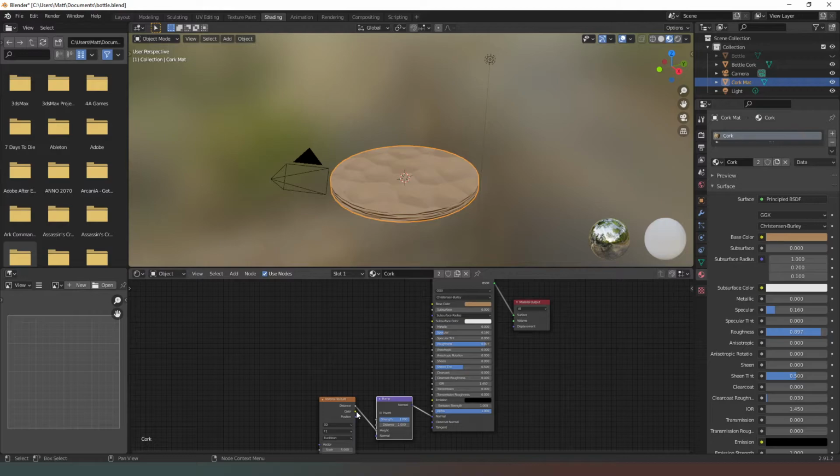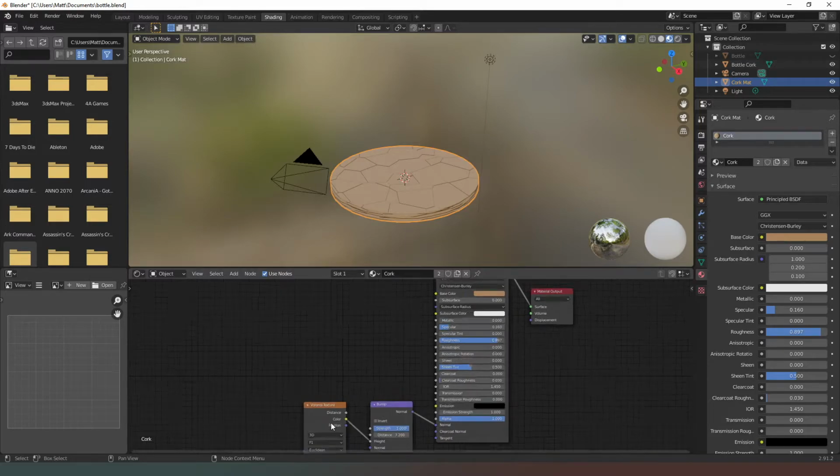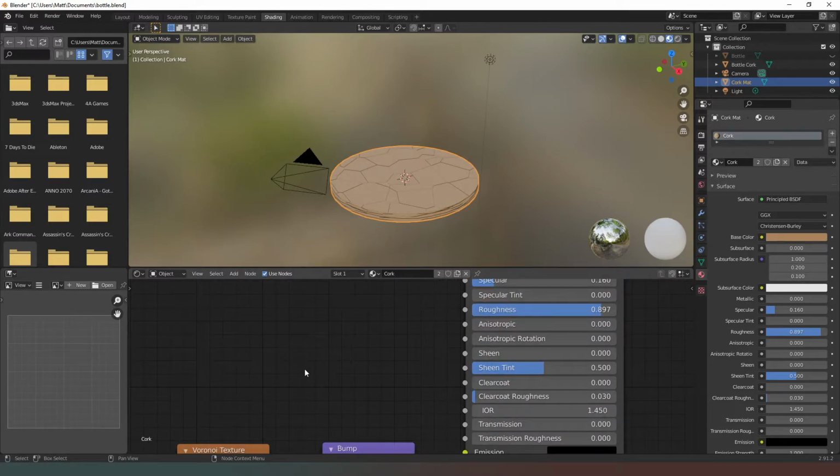So let's say I want to change and go from color to height. Let's see what happens there. And that creates an interesting texture to our cork. Now obviously that is way too much. We can actually reduce or increase the amount that changes, and more importantly, if we zoom right in to here,